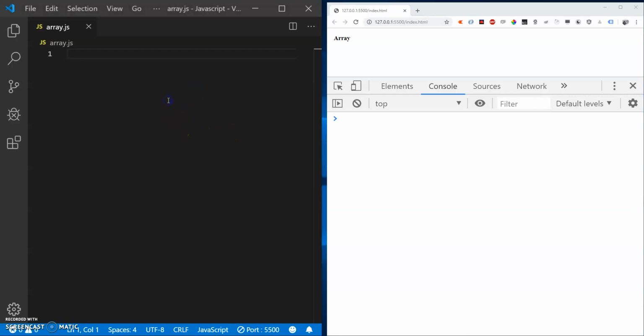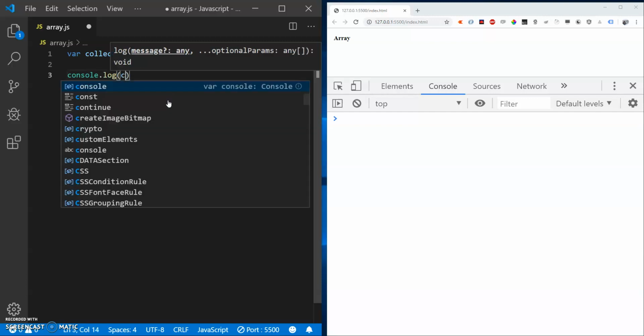To define an array, we just need to use opening and closing brackets, and this will be treated as a special type, that is an array type. Let's check by creating a variable, collection. So this created a new variable of type array. If we console log that collection,